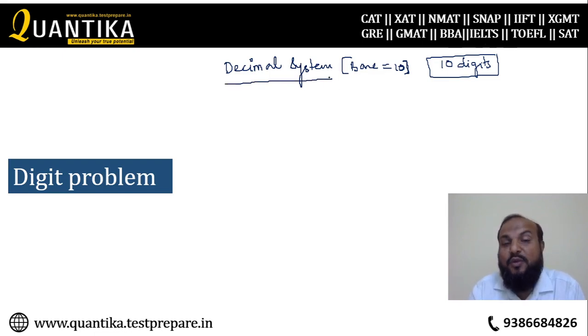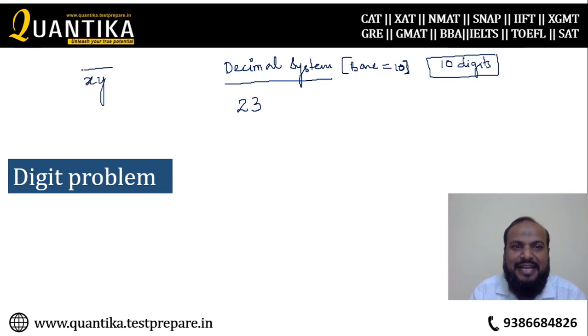What do we mean when we say decimal system? In Hindi we call it Dashmalav Paddhati. Try to understand that. If you write 2 and 3 side by side and ask a student from class 1 or class 2 what this is, he will answer you this is 23. But if you write x and y side by side and ask a class 8, 9, 10 student what this is, he will say product of